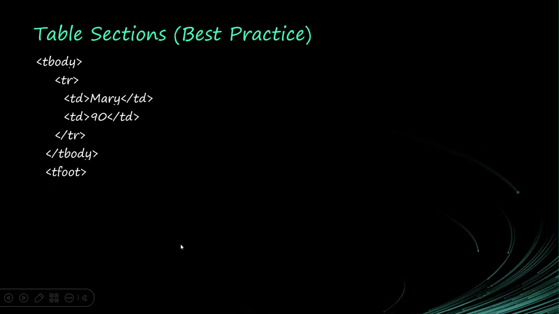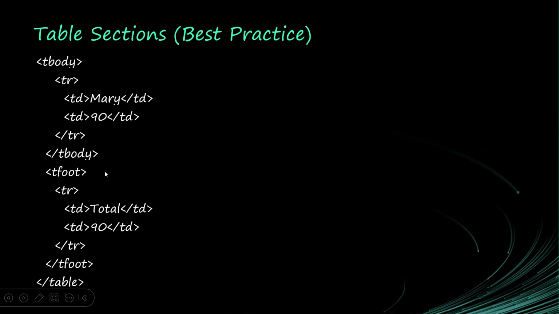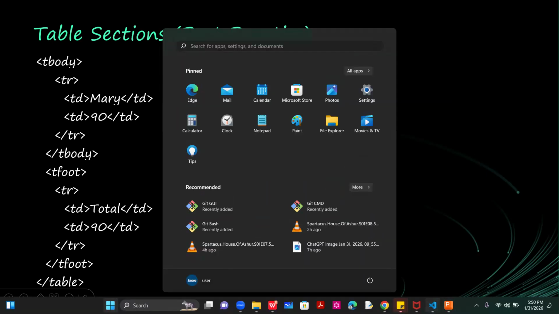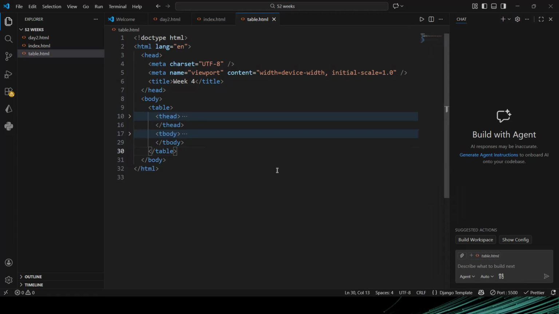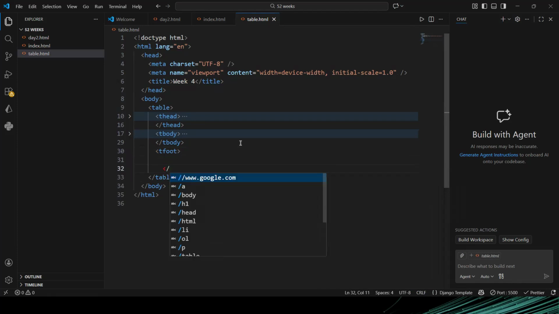The next thing we have is the footer. So we call it T foot. T foot contains the total. Do you understand? So the T foot is like the footer, just like every page has a footer. T foot is like the table footer. So for every other thing that has to do with it, we can say